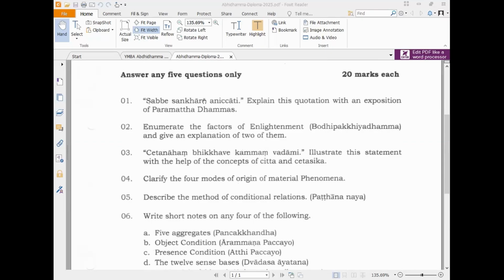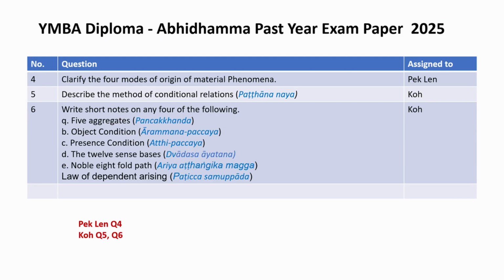Okay, so the first 3 we already covered in the tutorial, 1, 2, 3, if I'm not mistaken. So we do 4, 5, 6. Easy. So I repeat: Sister Pek Lane number 4, Brother Ko 5 and 6, for the diploma level 2025.